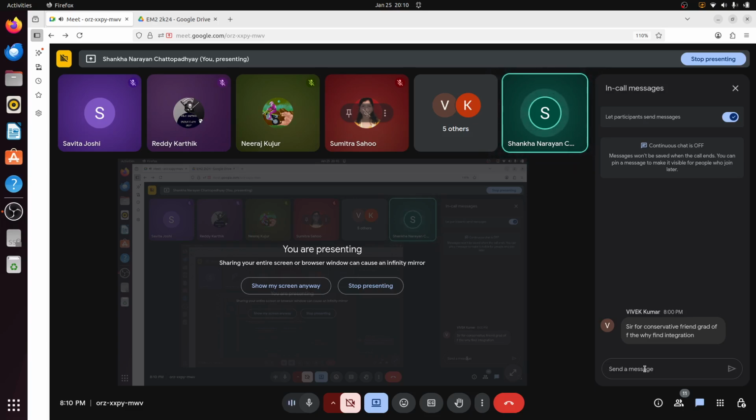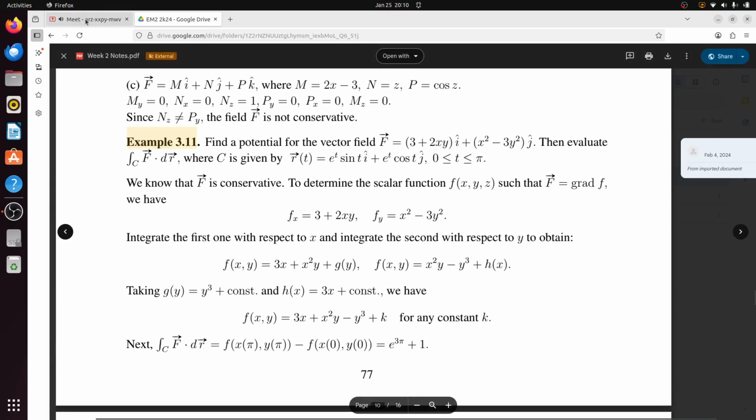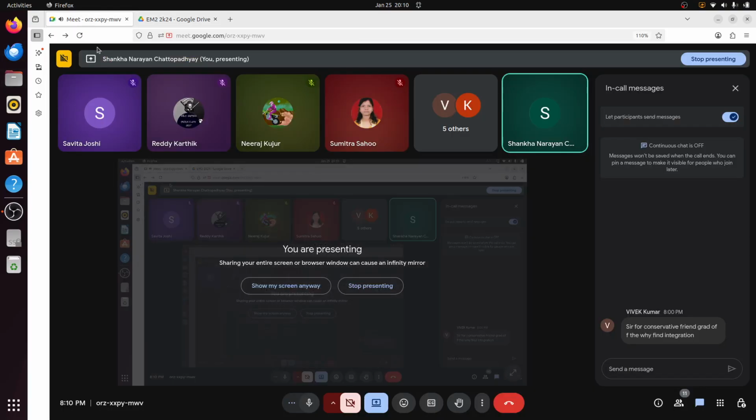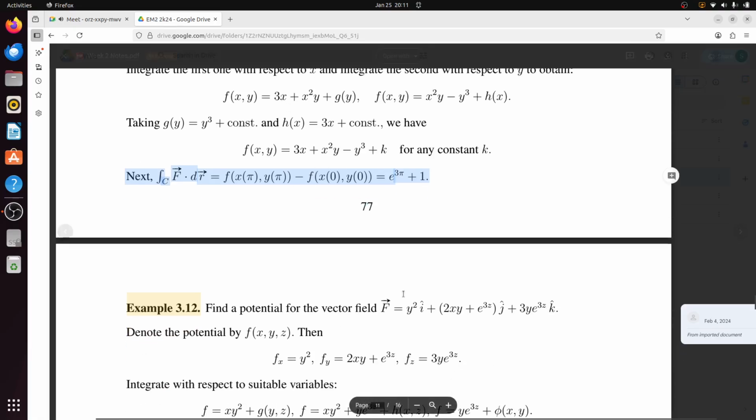vector field grad of f, then why find integration? No, we are not finding integration. We are just putting the values there, f dot dr, so they will be just path independent, so no path, we are just putting the final values x pi y pi minus x0 y0, that t equal to pi minus t equal to 0. We are not doing the entire integration here. Is it clear? Vivek Kumar, is it clear? Are you with me? Is it clear? Yes, integration, sir. Yes, final values, sir. Okay, so